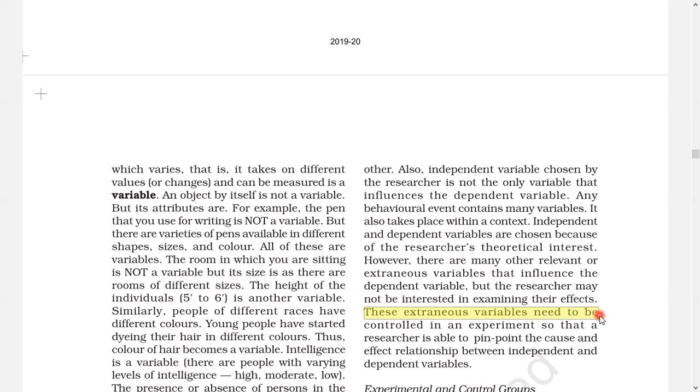Like in a classroom, the behavior of the other students has to be controlled. They have to be attentive to study the effect of the lesson delivered by the teacher on students. So it can be a simple example.